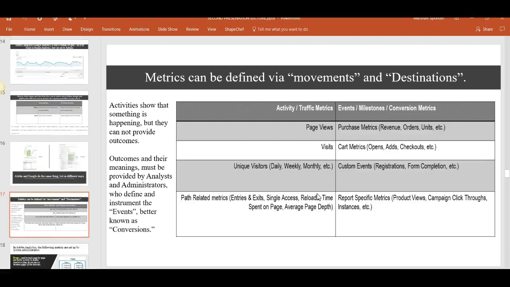And so there's activities and destinations. Obviously, we know that when we want something, we get to a location, but we know we have to be moving to get there. So we have activity metrics here on the left. These are things that come out of the box. And then of course, another way of thinking of it is destination. These are the things that happen that tell us that we got there.